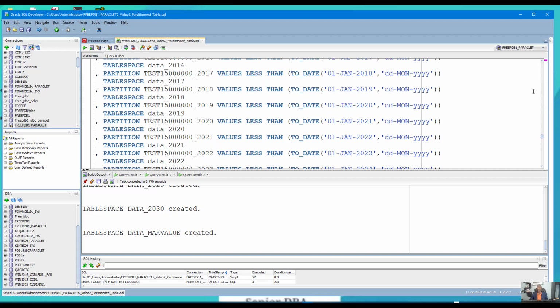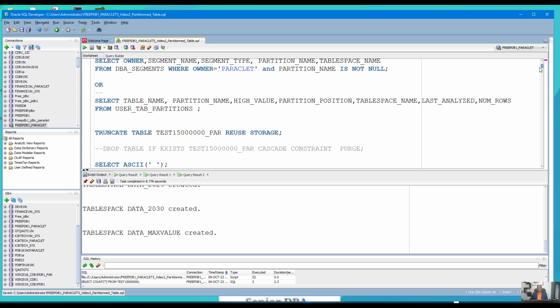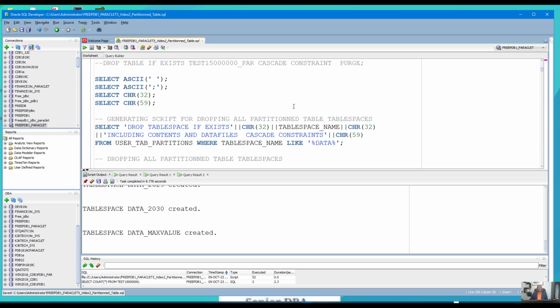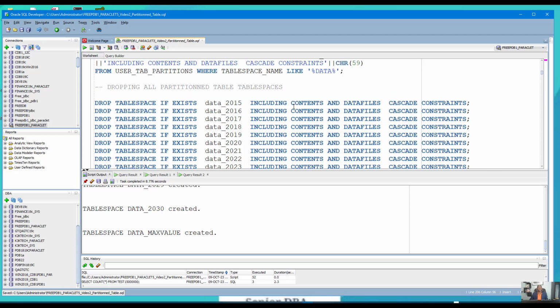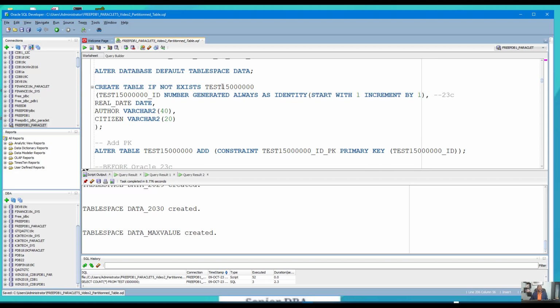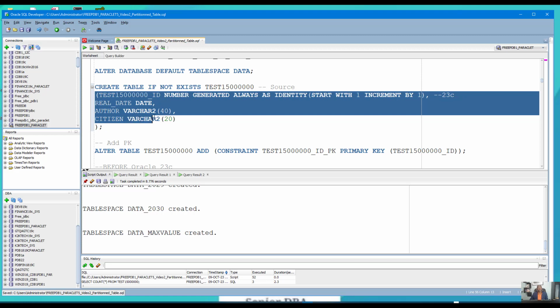And the source is here. This is the table source, the source of data. It's the same column, the same configuration. Same table, same column,